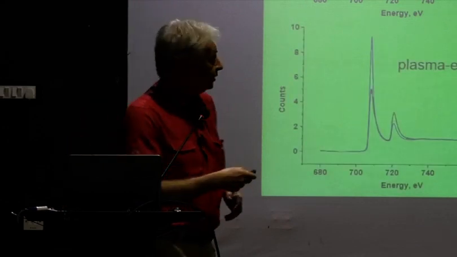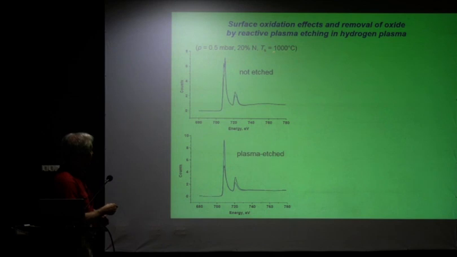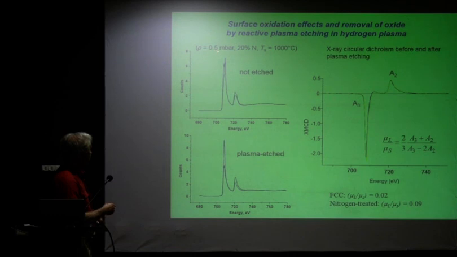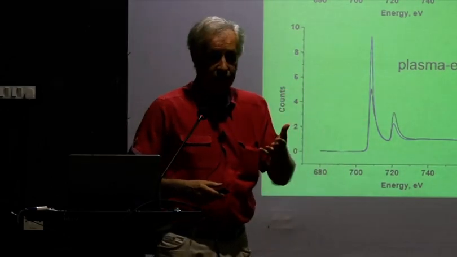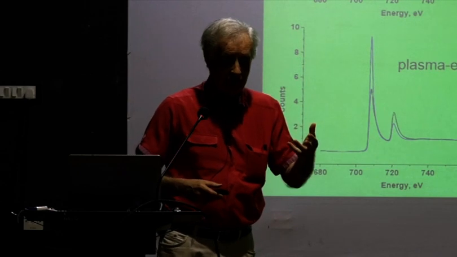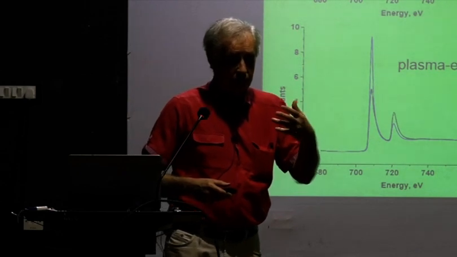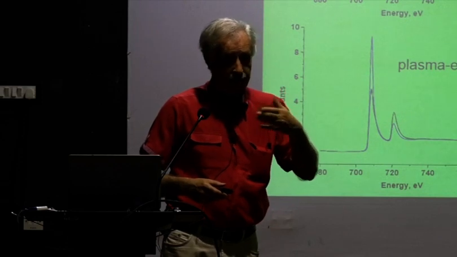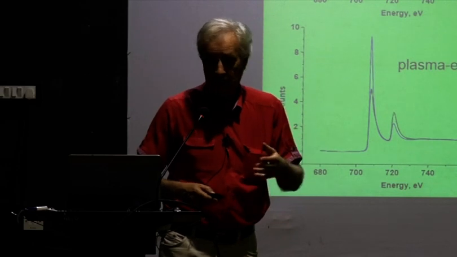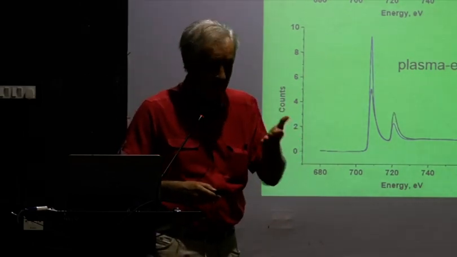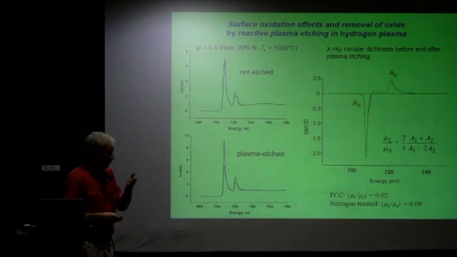And with some modeling and so on, you can get various information on the particles. What we've taken with us is the good particles that we had, the 1,000 degrees centigrade particles in 20% nitrogen. When you take these particles along with you, they get oxidized, and oxidation causes other effects on the XMCD data, so that one way or another you have to get rid of the oxygen before you can really understand these, if you want to extract information on the spin and angular